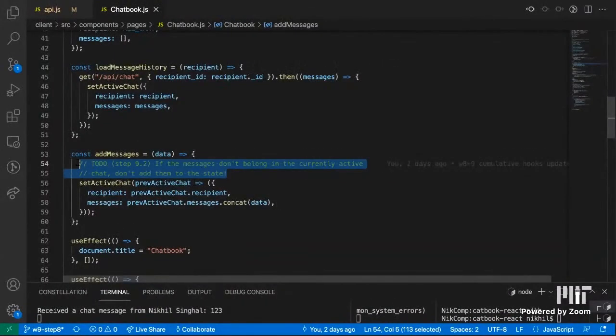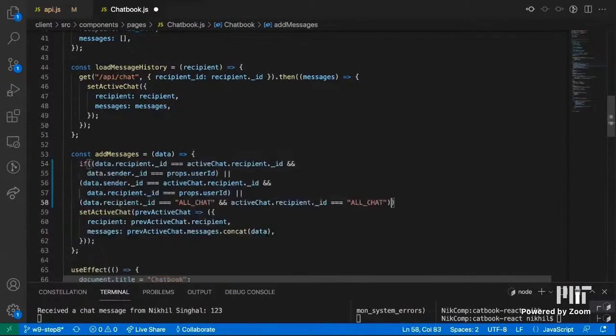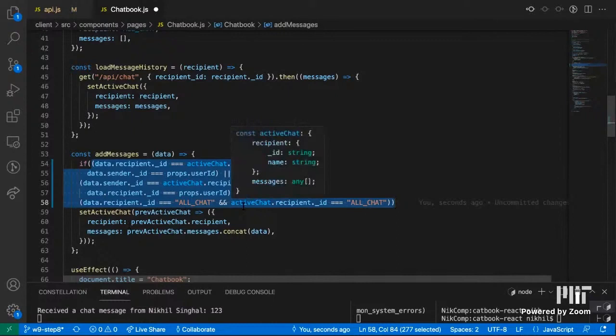So what we can do here is say, if this is all true. What this is saying is, if the person who received the chat is the person we're talking to and the one who sent it is us, or they're the one who sent it and we're receiving the chat, or we're currently looking at all chat and the message was sent to all chat. So essentially, those are the 3 different ways that this could be the right chat to add it to. And if that is the case,